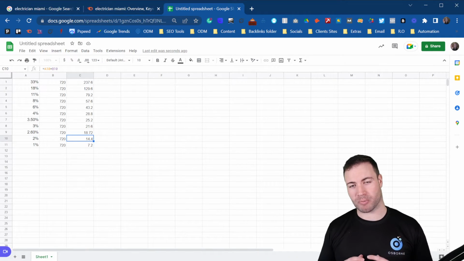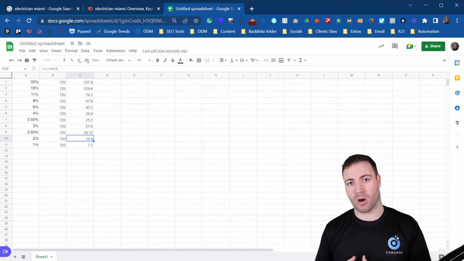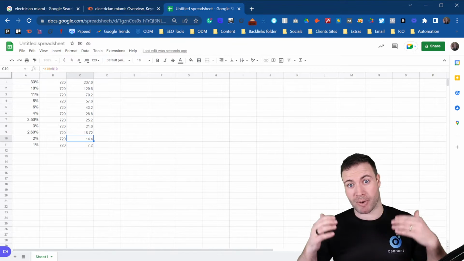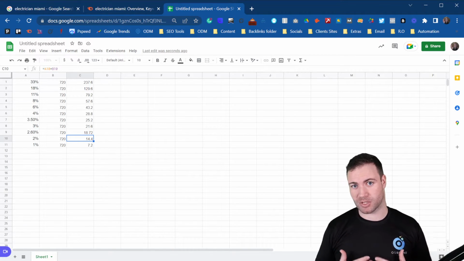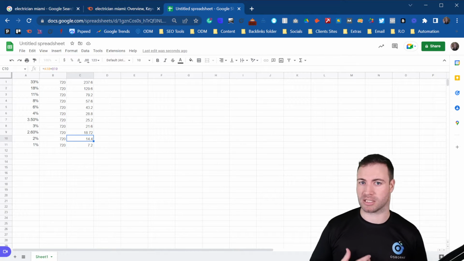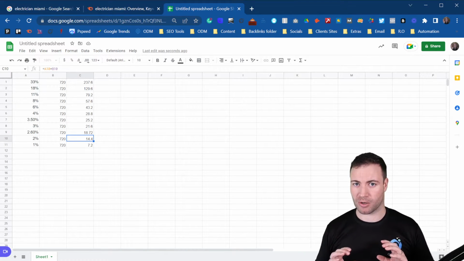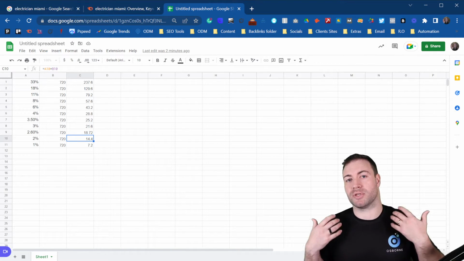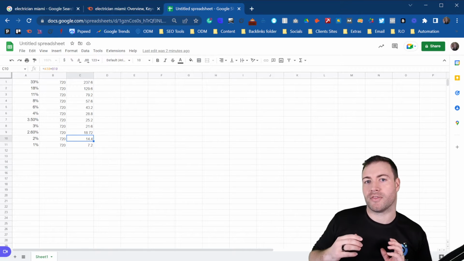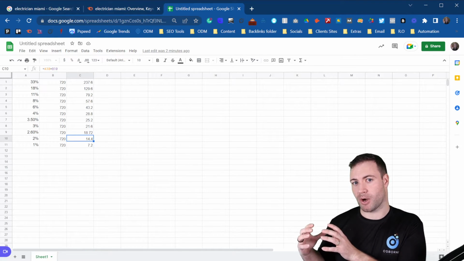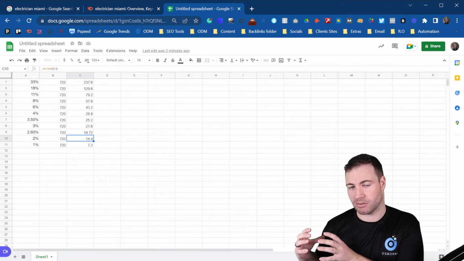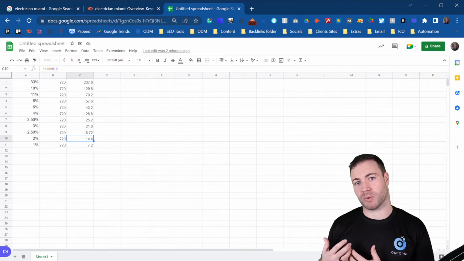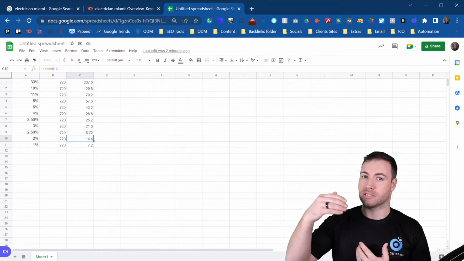Now, when it comes to actually understanding what SEO is, it's essentially made up of two components: on-page and off-page SEO. Think about on-page SEO as being something that you can control with your website. So your web pages, the way you structure them, the metadata that you utilize, the H1s, the H2s, the way you structure your code, if you embed any videos, these are all things that you can control. So this is known as on-page SEO. The other component, and a very critical component of SEO, is off-page SEO. Off-page SEO is the process of mainly link building. So it's where you can get a website that links back to you.